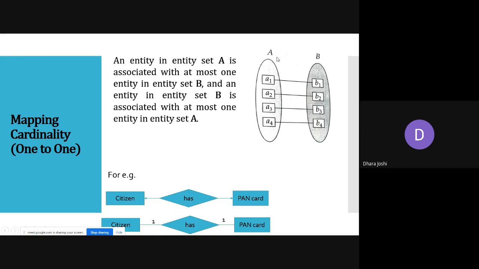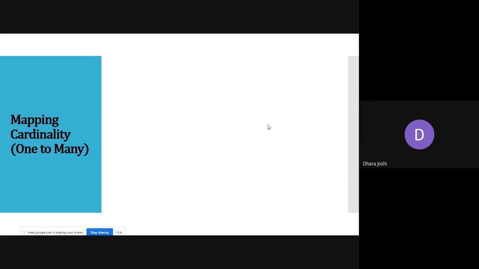Make sure whenever you are drawing this figure, in this set A and set B, with all the entities A1, A2, A3, A4 and B1, B2, B3, B4, the symbol for entity representation is a rectangle. So make sure you draw a rectangle, and inside this rectangle you name the entity A1, A2, A3 and A4. Do not write directly, because these are entities. Make sure regarding this.